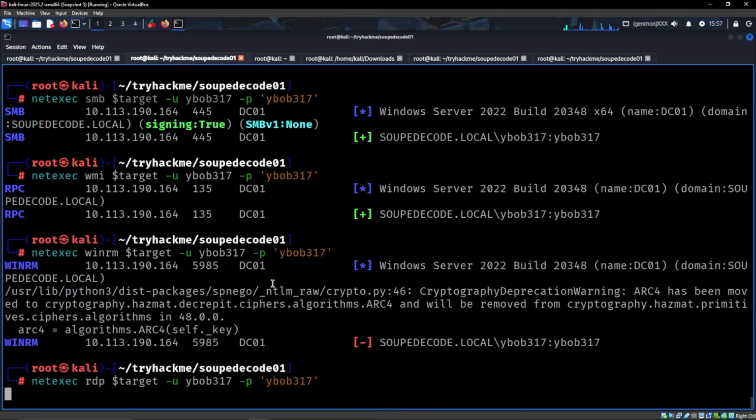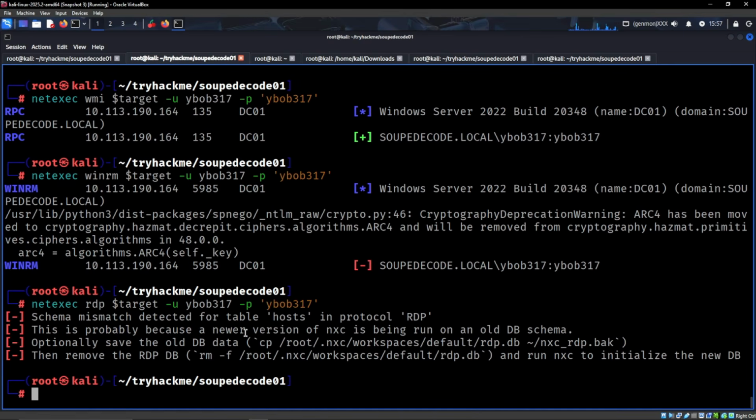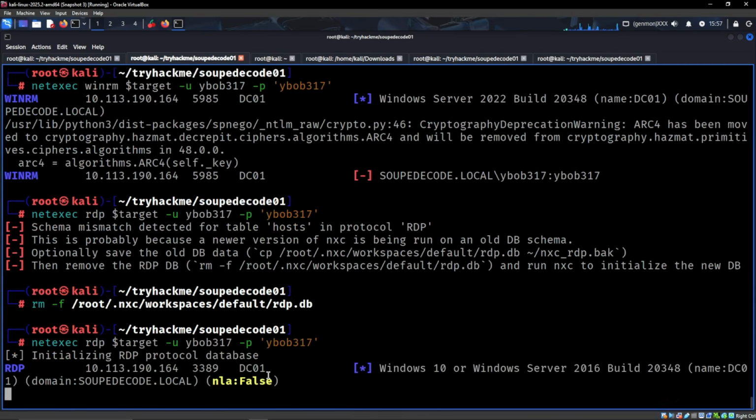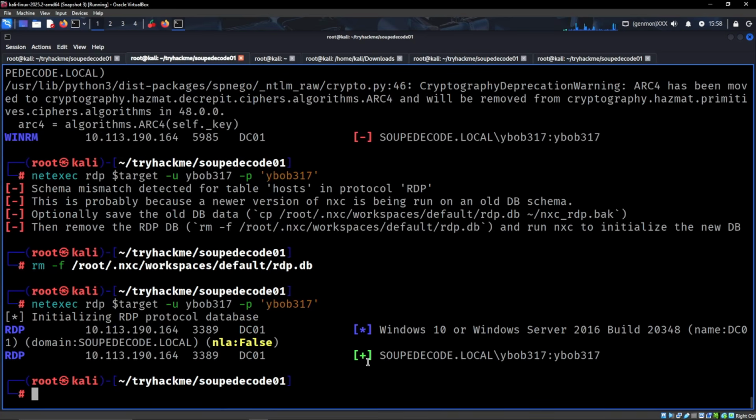Okay, it doesn't. What about RDP? Because that is also open to us. Okay, so we have to do this again. A bit annoying. Let's try to just do this. Then let's show that again. Okay, perfect. So it does not say pond either. So if this happens to you, just run this and it seems to work. So yeah, it does not say pond. So yeah. Another thing we can check